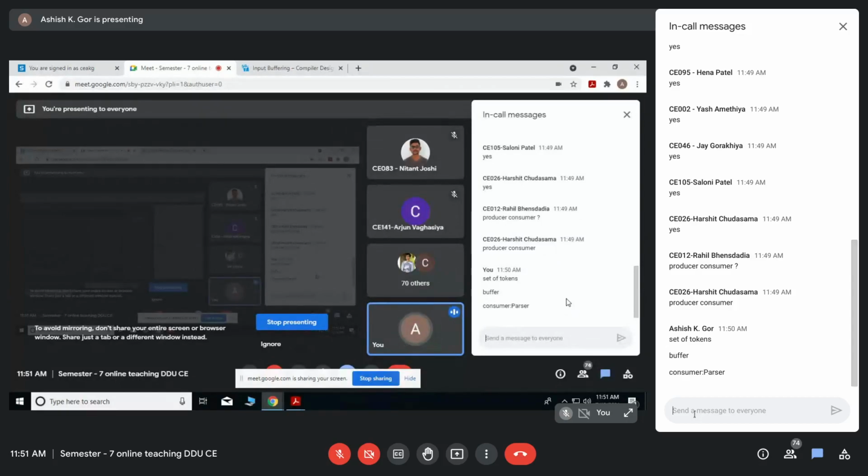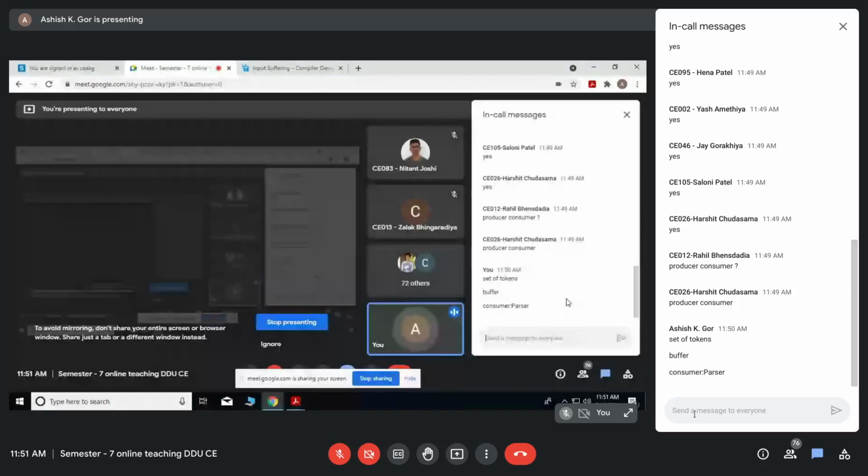When the buffer is empty, the parser can call, and the producer will produce tokens and give them to the consumer. So you know this very well: the lexical analyzer has to first produce the tokens, and only then can the parser work.